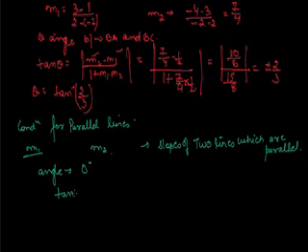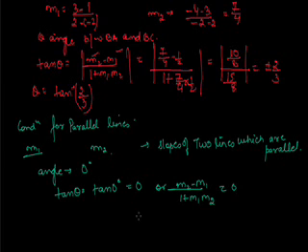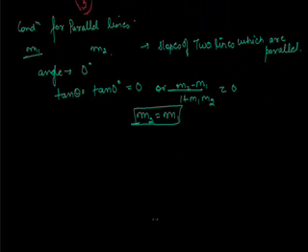Therefore, by putting in the formula, I'll be getting tan theta is equal to tan 0 degrees, which is equal to 0, or (m2 minus m1) upon (1 plus m1 m2) is equal to 0. From this, I can infer that m1 is equal to m2, that is, the slopes of both the lines are equal. Now, if the two lines are perpendicular,